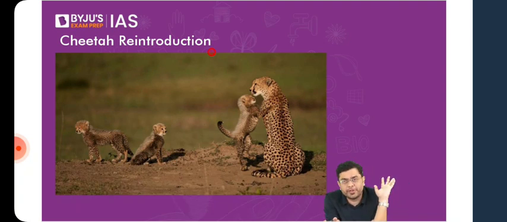Then came the help from Namibia, the African cheetahs. African cheetahs are slightly different from Asiatic cheetahs because in many parts of Africa where they are found, during winter in certain areas, for example South Africa, it gets substantially colder. So in order to withstand that winter season, many of these cheetahs develop a very thick coat of fur. It is during these months that they start developing the coat of fur. Now, the cheetahs which have been brought to India: earlier you had a set brought from Namibia, then another set brought over from South Africa.